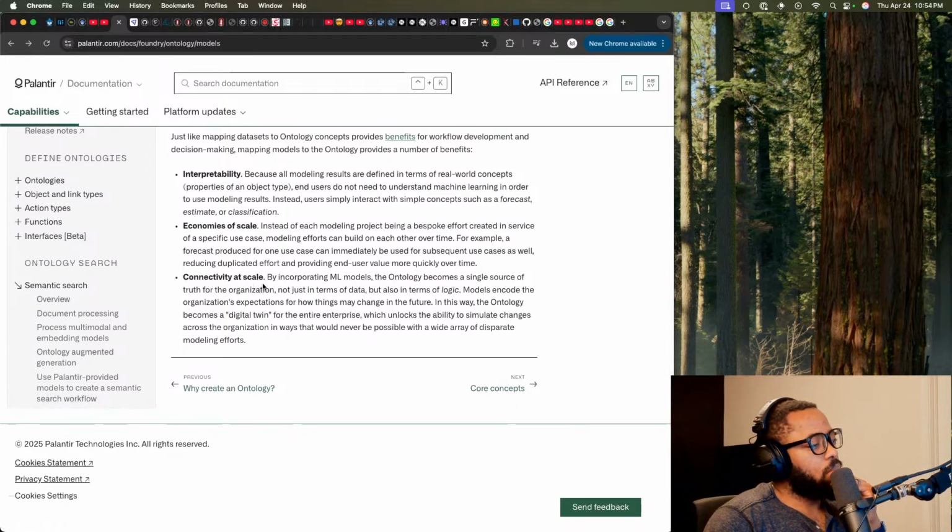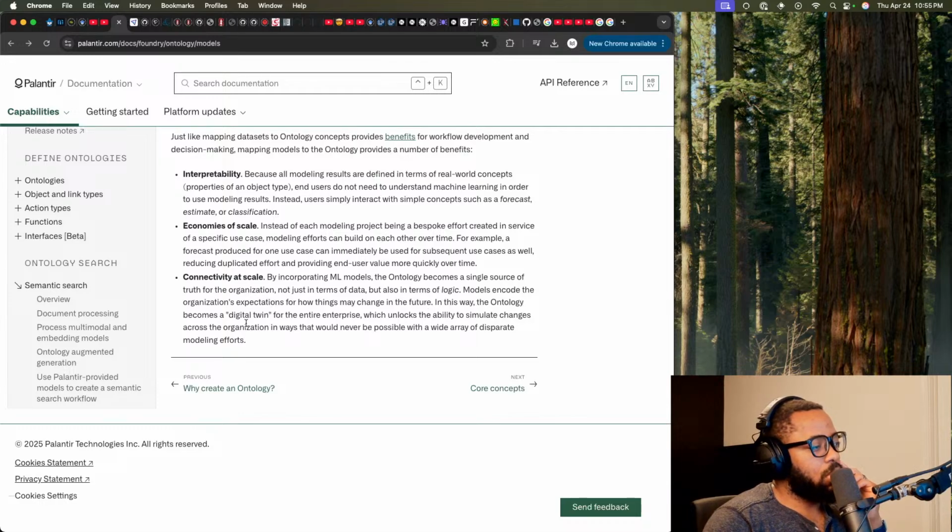Connectivity at scale. By incorporating ML models, the ontology becomes a single source of truth for the organization, not just in terms of data, but also in terms of logic. Models encode the organization's expectation for how things may change in the future, i.e., being able to simulate things.